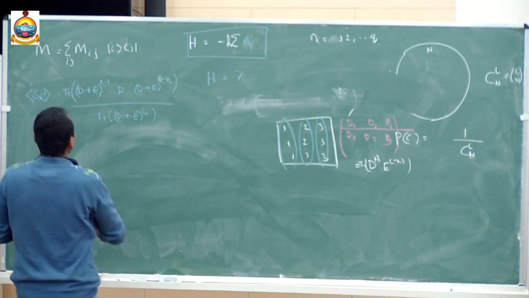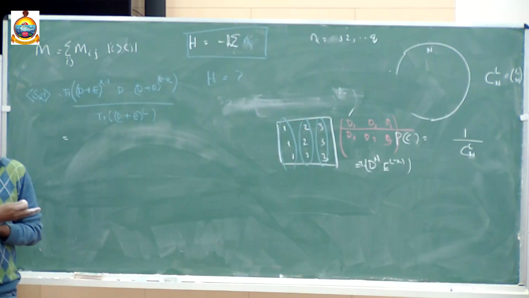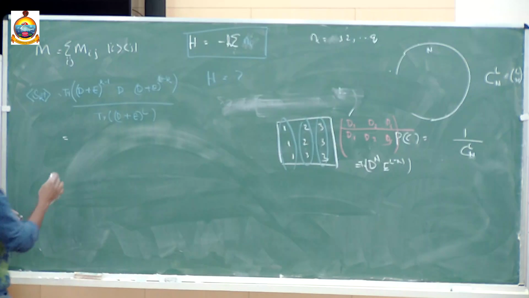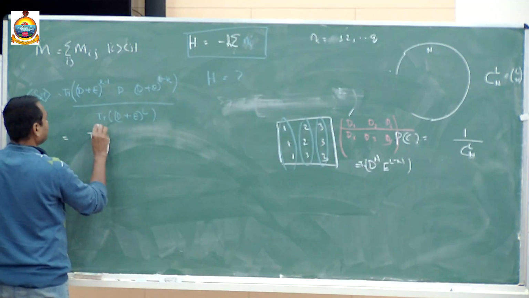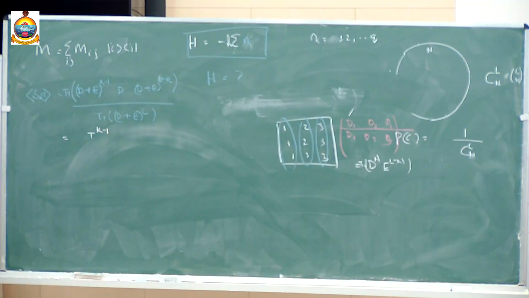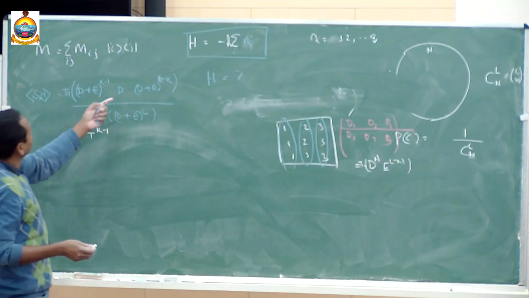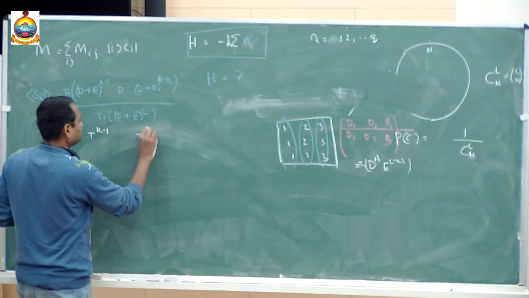So this is the now. Let us say that because the results we know. Are you getting that? So now let us write that. So this is D plus E to the power k. So this is T to the power k minus 1. Okay, and take one of the notations for D, let us say T to the power k minus 1, this is T to the power,